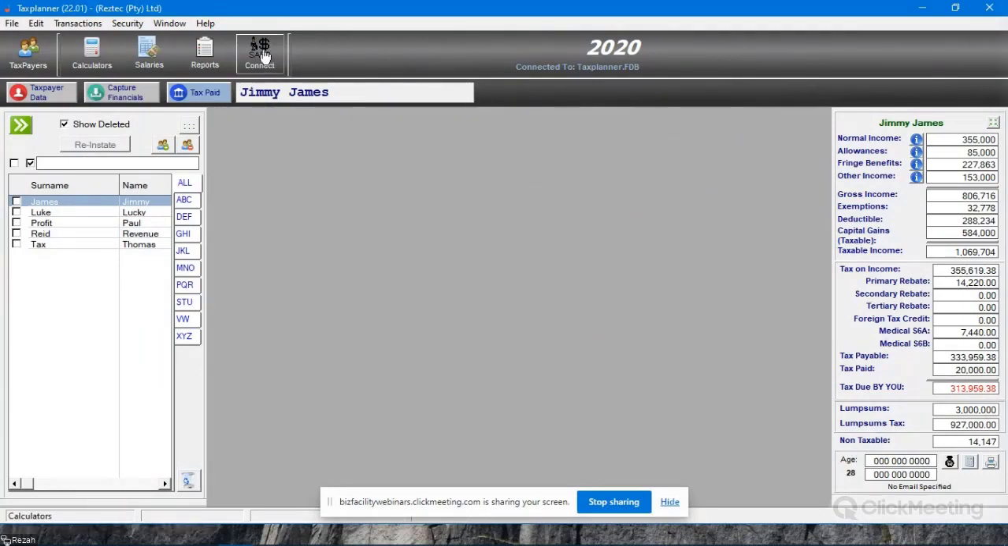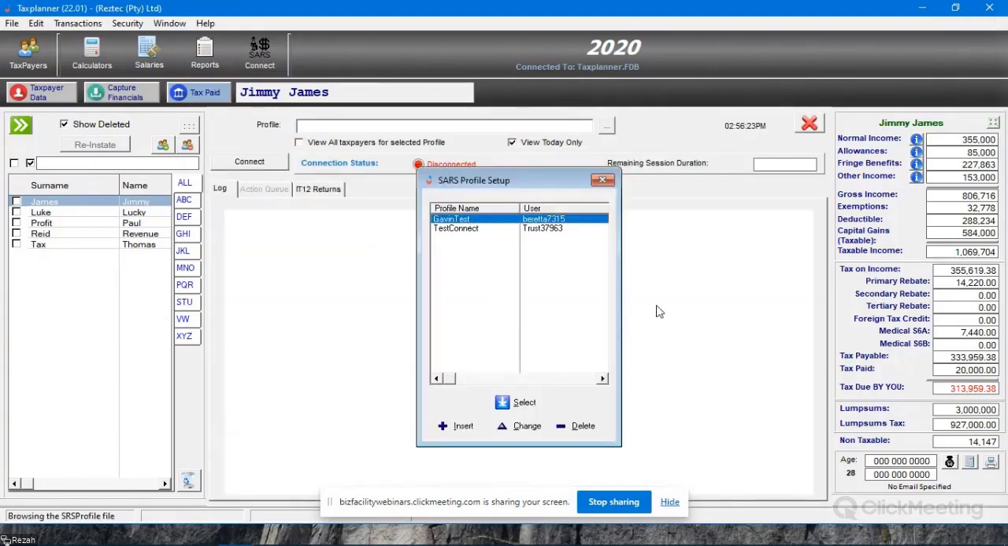So the SARS interface is basically a facility where you can connect directly to the SARS e-filing web service. This service is made available to selected software vendors. It is essentially the same connection that the e-filing website uses. So the e-filing website will use the web service to operate, in other words, to submit its returns from there. In the same way, Taxplanner is able to connect to the web service and request and submit information